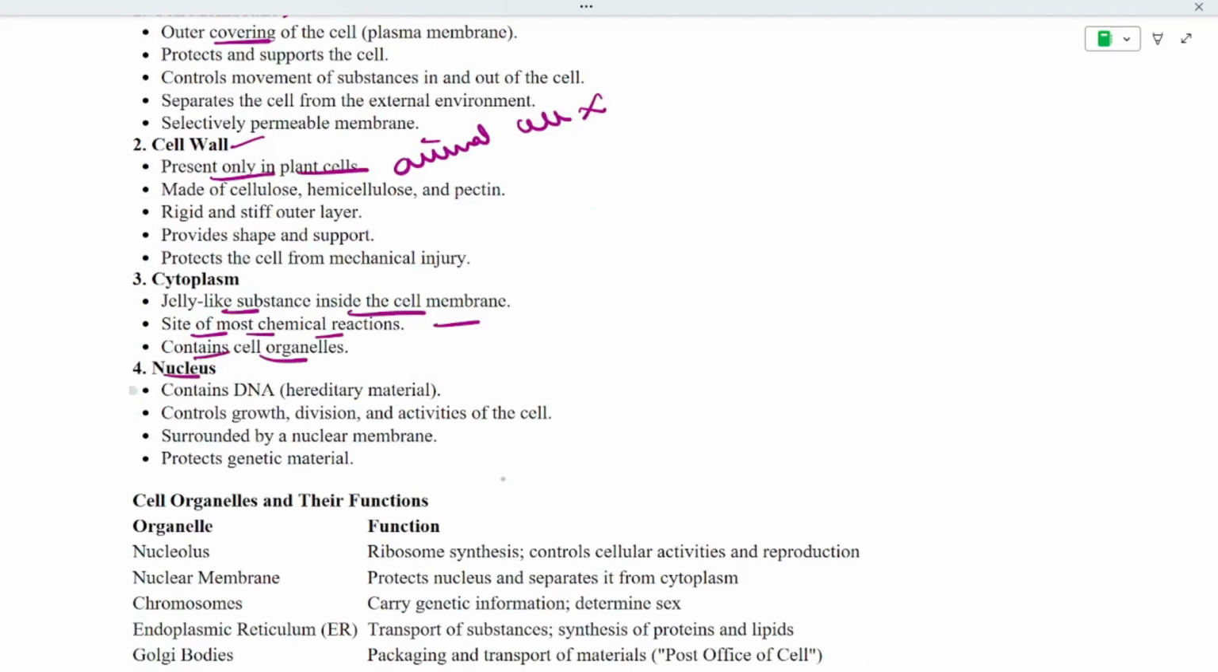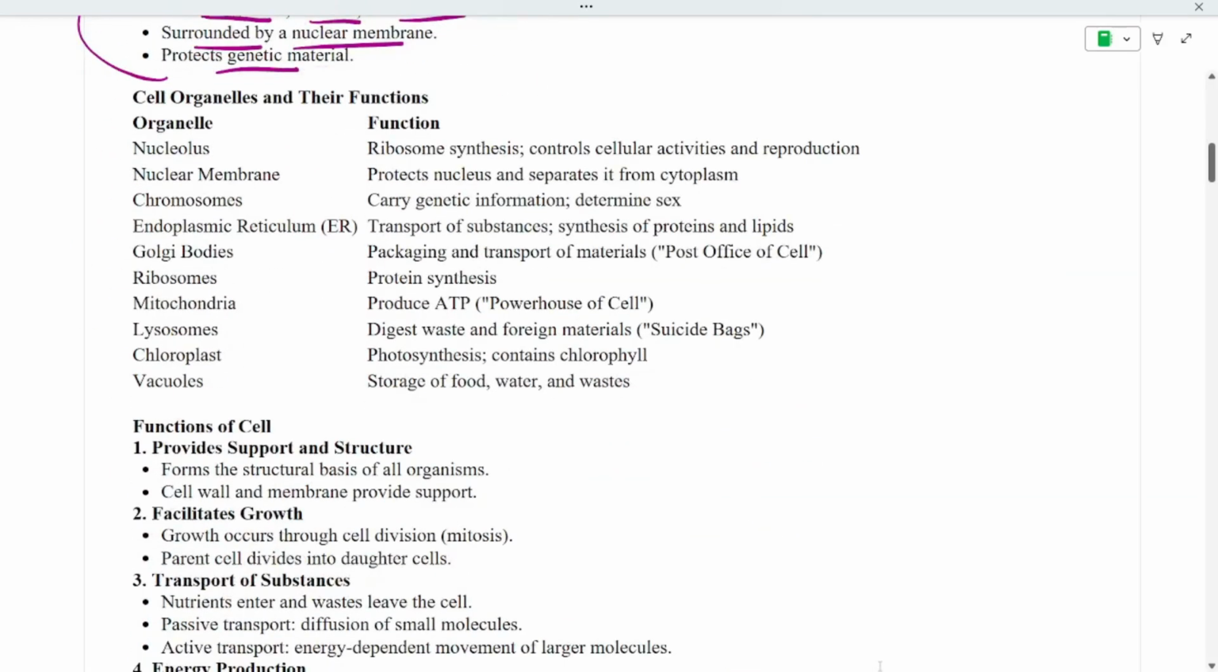Next is the nucleus. It contains DNA, that is the hereditary material, and it controls growth, division, and activities of the cell. It is surrounded by a nuclear membrane, and the genetic material which is present will be protected by this nucleus. Next, if you can see, nucleolus, it is for ribosome synthesis, nuclear membrane, it protects the nucleus and it is the outer membrane for the nucleus, and chromosomes, that carry the genetic information, endoplasmic reticulum, transport of the substance